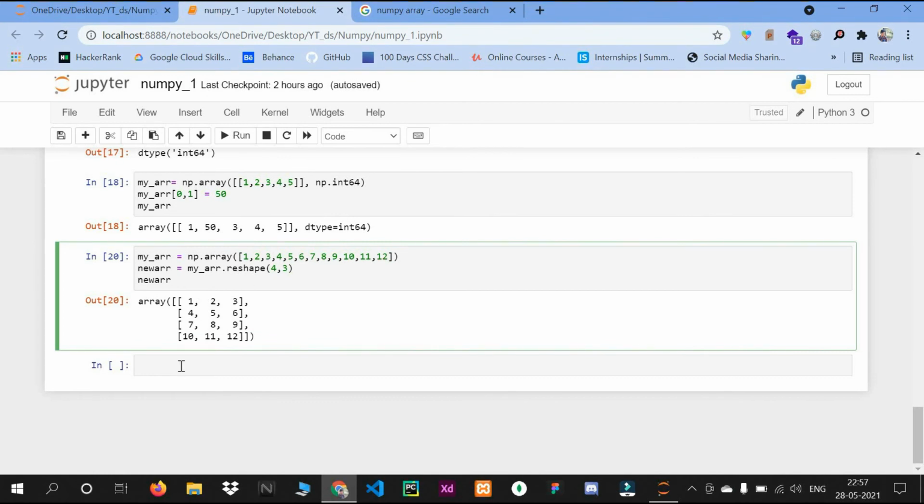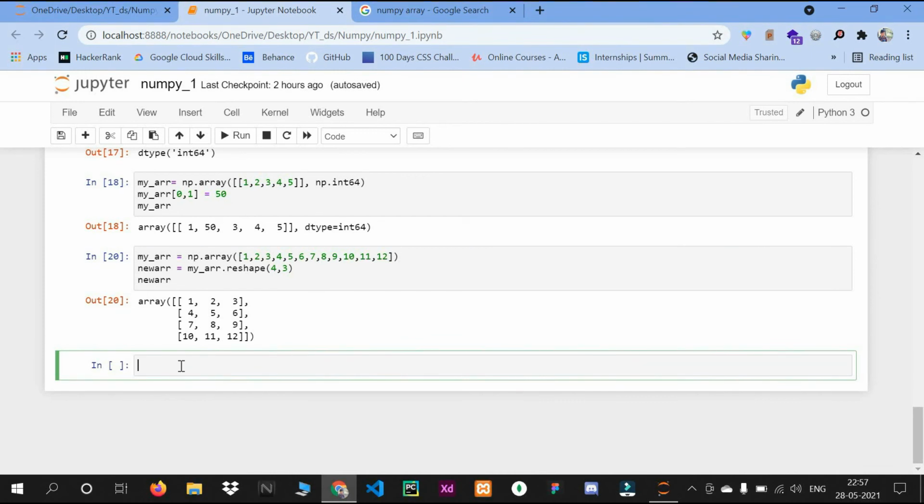And next we will see iterating an array, how we can iterate an array. So I will create again one new array, my array, and then np dot array will create one 2D array, 1 2 3, and 4 5 6.